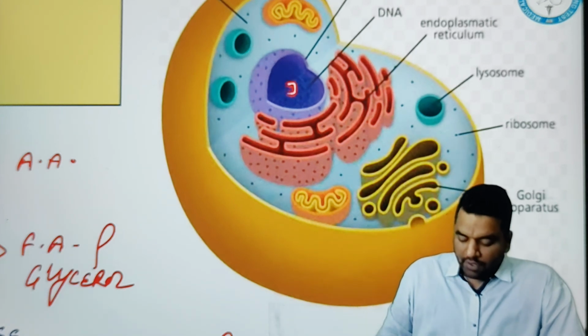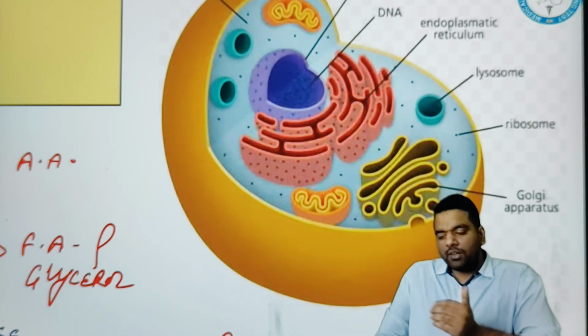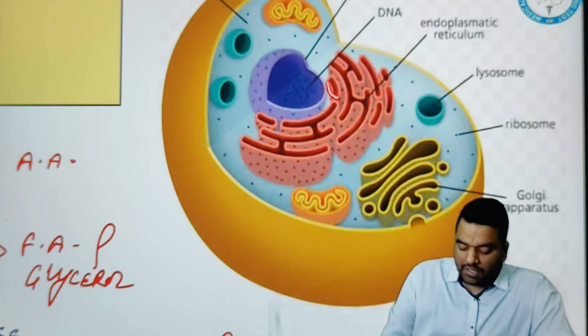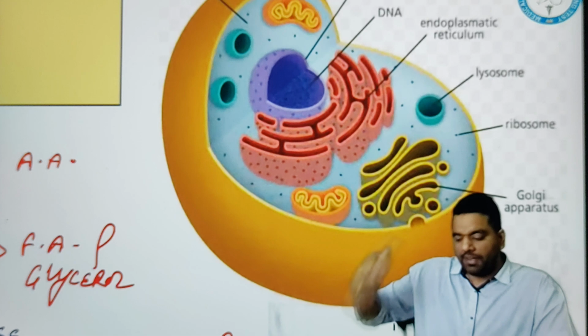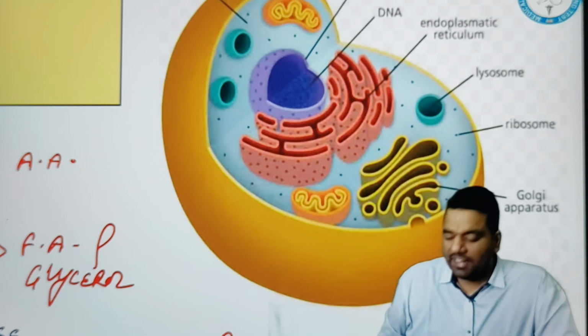Now this information is coming from the nucleus. If information is coming from the nucleus, guys, where should this rough endoplasmic reticulum be situated? Nearby to the nucleus or nearby to the cell membrane? What do you think? Near to the nucleus, right guys? So that is why you can see in this image, this endoplasmic reticulum is always situated near to the nucleus,